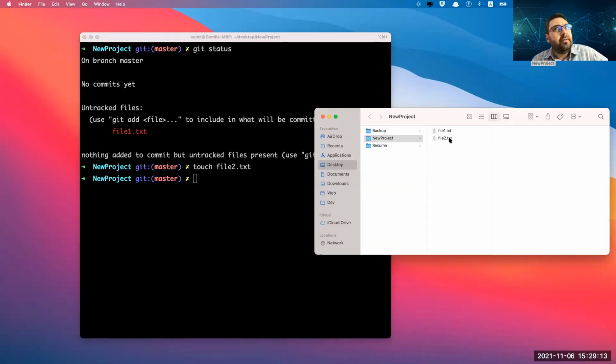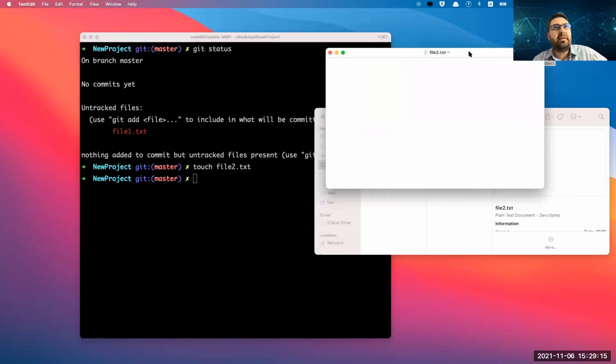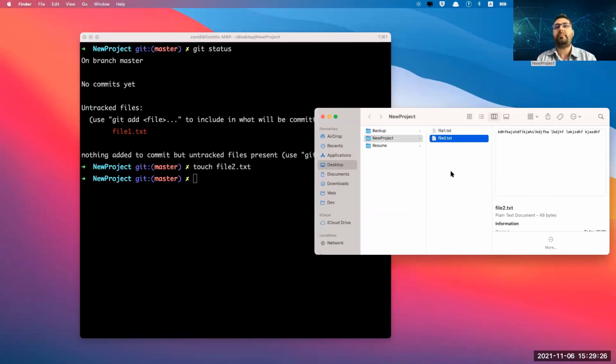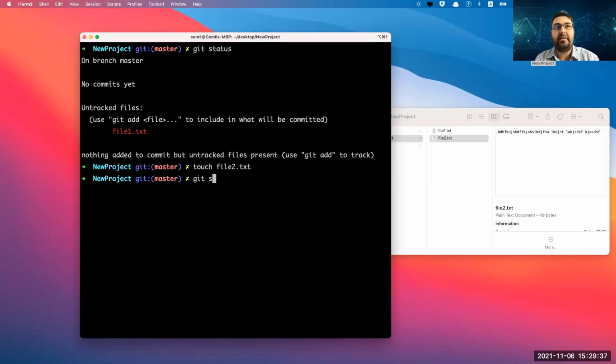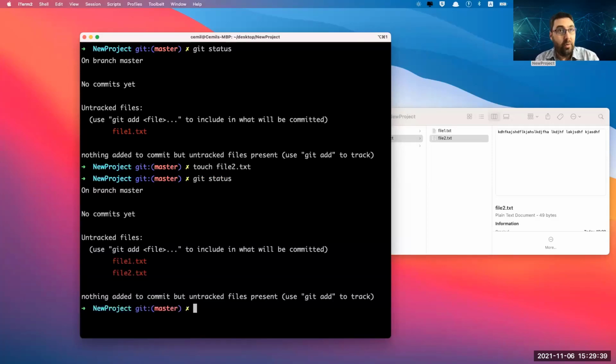You can double click and open it. Make some changes. You can just add anything, okay? You don't have to write any meaningful sentence. Just write anything and save it. Okay. I have some changes now. I have 2 files. I know only 2 commands, git init and git status. Now I'm going to run git status once again. Oh, very nice. I have 2 files now in the grocery shop.